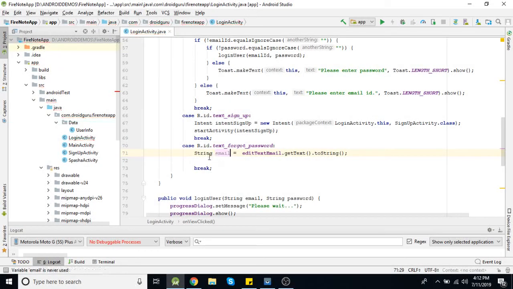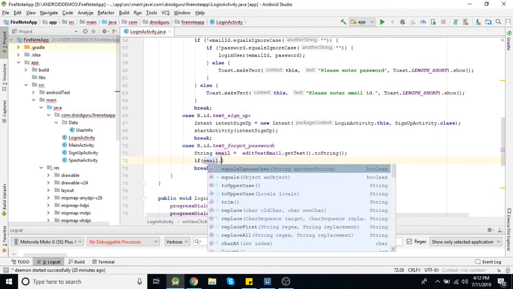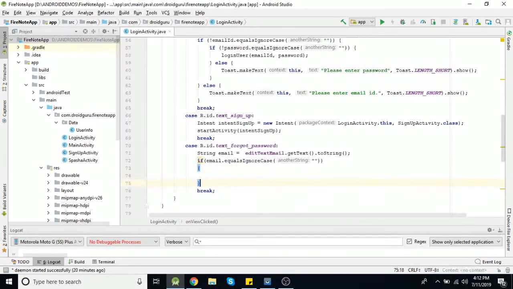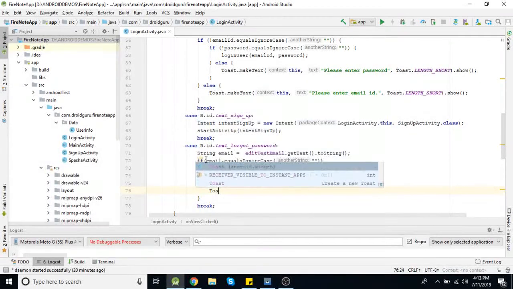Let's change this variable. So if email is empty, then you need to display an error message.